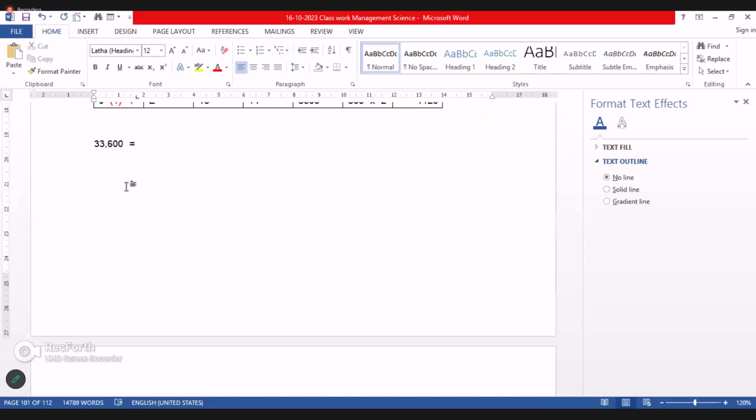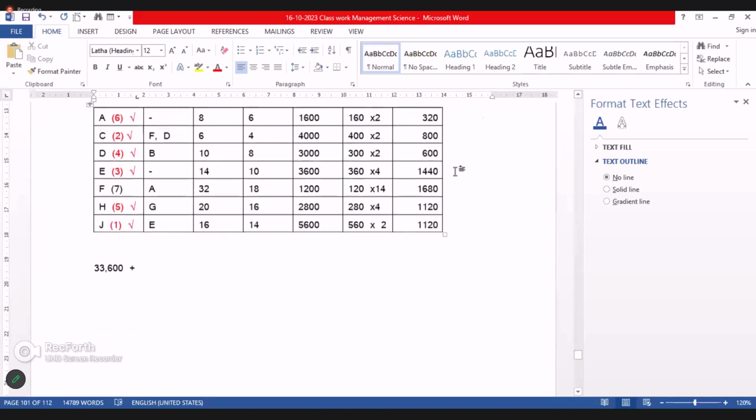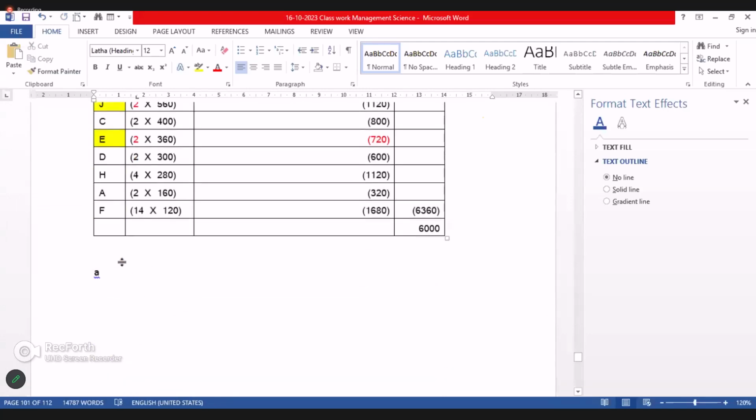By crashing, how much increase now? By crashing, our cost is increased by how much? 6,000. Right. So this 33,600 plus 6,000 plus